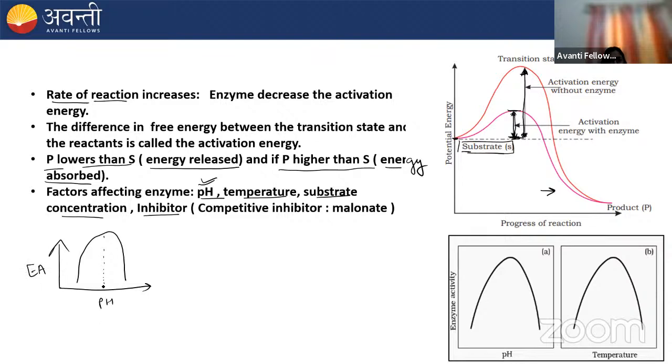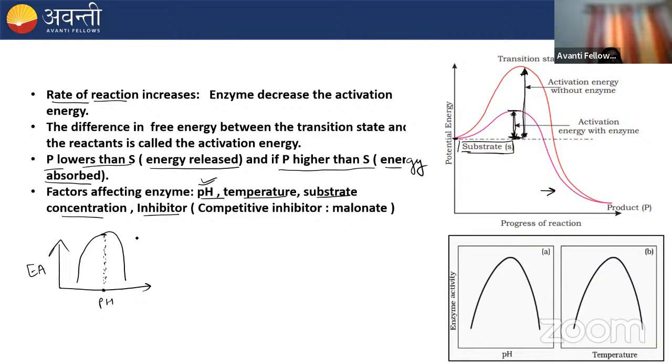This is the pH. This is the optimum pH where the enzyme activity is maximum. If I increase the pH or decrease the pH of the reaction, the enzyme activity will decrease,